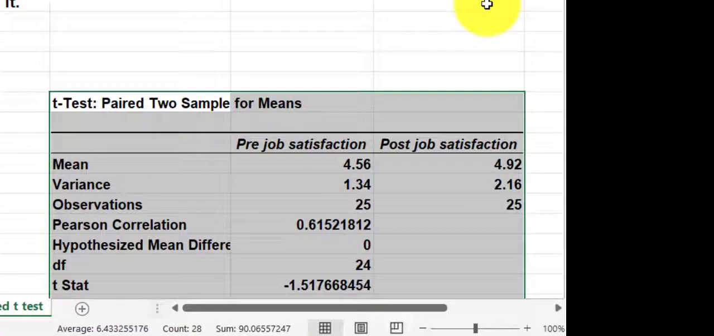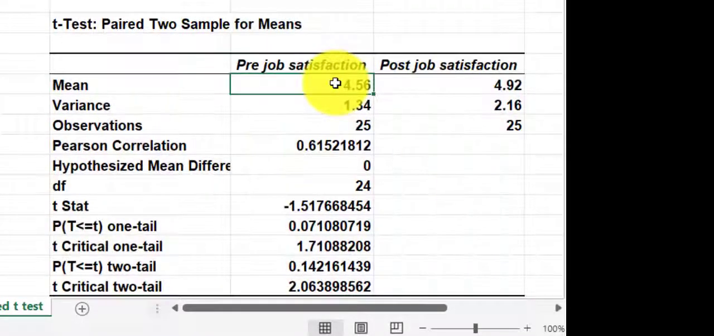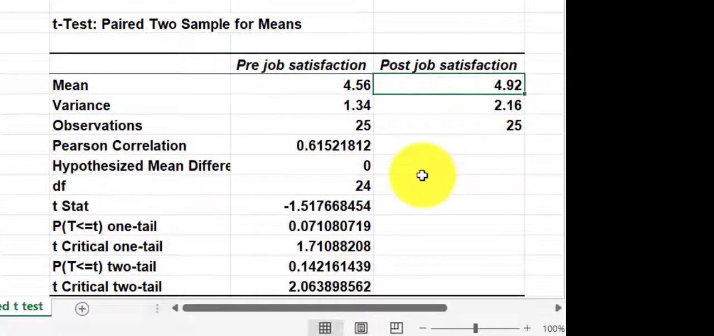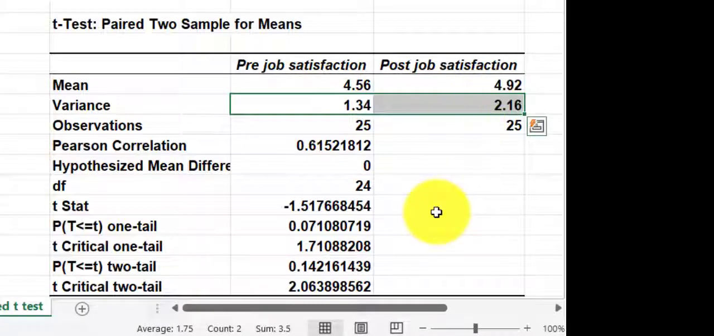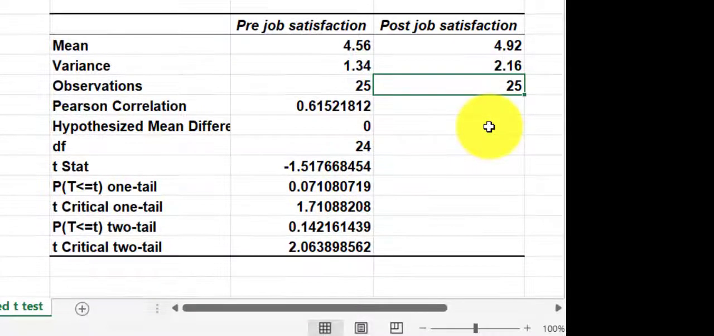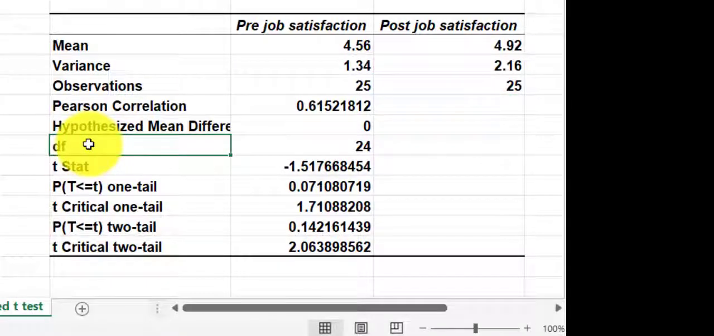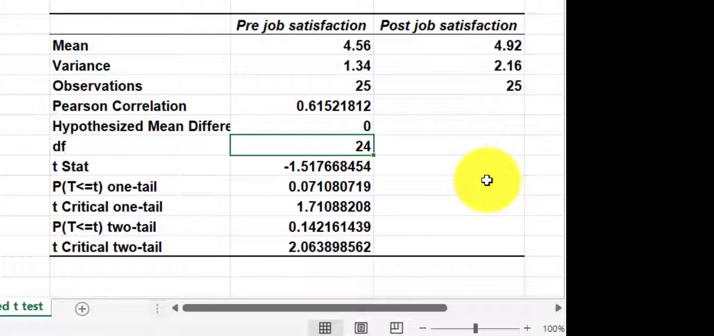So we do know it's a 1-tailed test. So pre-job 4.56, post is 4.92, not a big jump. The variances are close enough to be homogeneous, or whatever it's called. So we had 25 pre, 25 post. But again, our sample size was only 25. Degrees of freedom is total sample size, 25, minus the number of groups. We only had one group, so that makes our degrees of freedom 24. And we're going to go to our 1-tailed